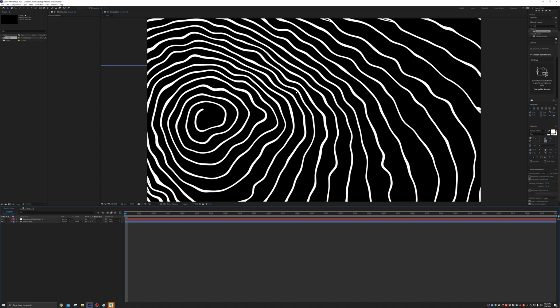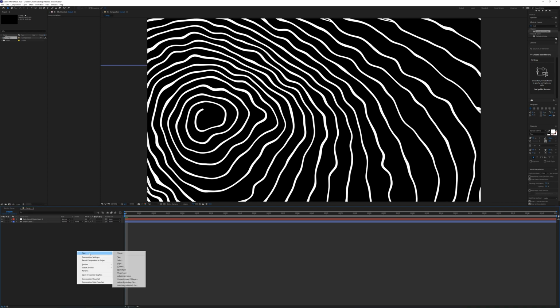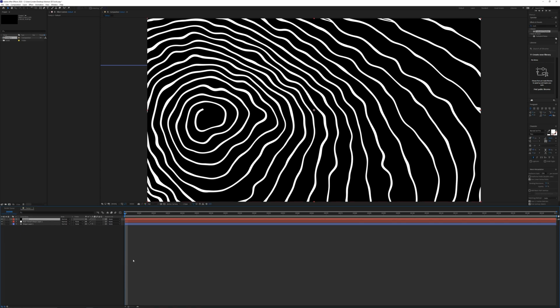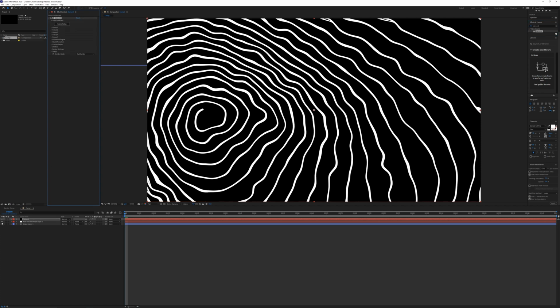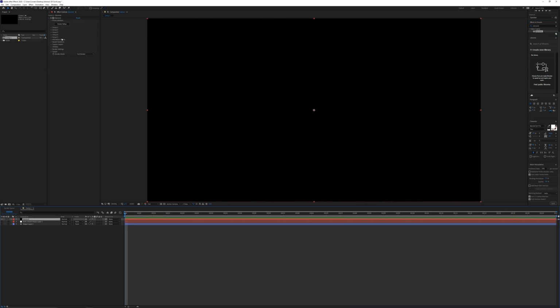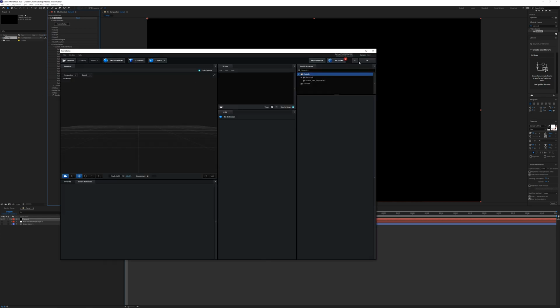And then we can go ahead and add a new solid. So this solid is going to be for our Element 3D effect. Call that element and grab an element effect. So I can turn off the auto trace and the shape layer, and then in element, go into the custom layers, go into custom text and masks, and then select the auto trace layer. And then instead of source, we want to use masks. All right, so open up the scene setup and we can expand this here.